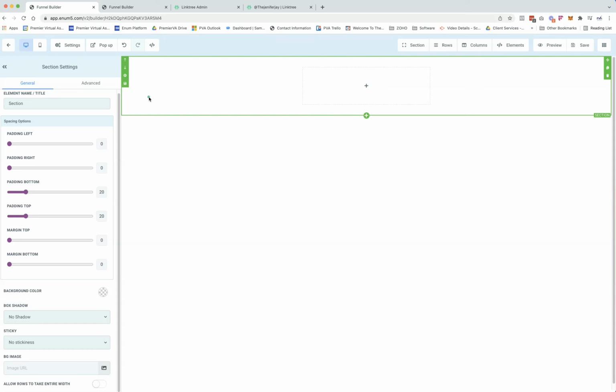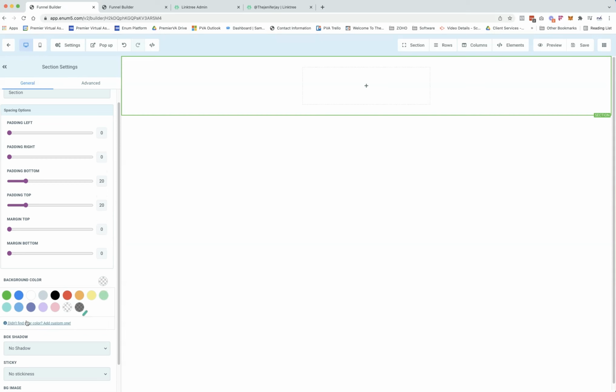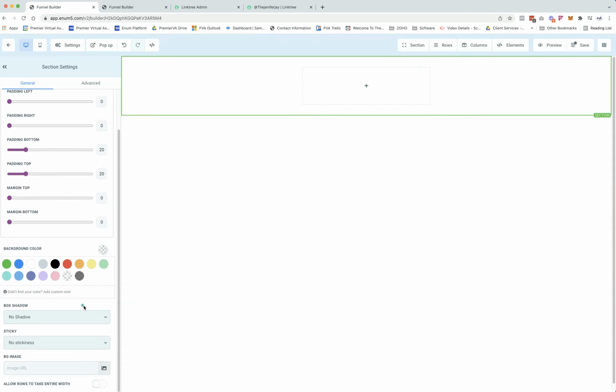When I click in this section, it's going to open up the section settings to the left. So this is what I want because I want to add a background. Now you can make it one color, you can make it fancy. You can see this where it says if you didn't find your color, you can add a custom color here. So if you wanted to be fancy and add different colors, you can. What I am going to do is go down here and show you where I got that background image